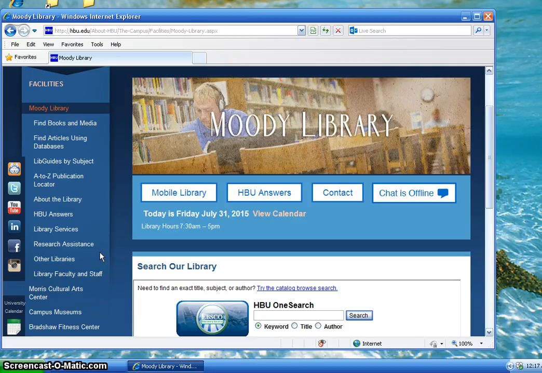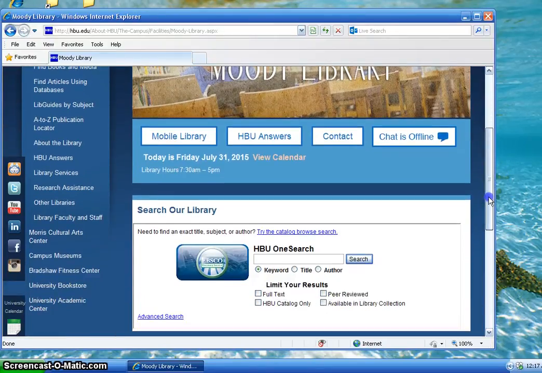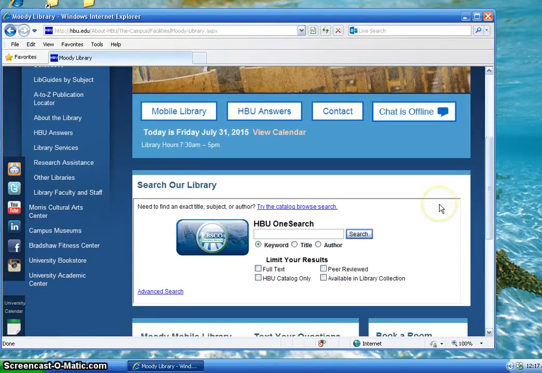So here we are about mid-page on the library's website. I'm scrolling down. You see our chat is offline at this moment. Here's some contact information, HBU Answers again, and a mobile library button here. So scrolling down, you see HBU OneSearch in the middle of our screen. This is a search engine, our search database that is